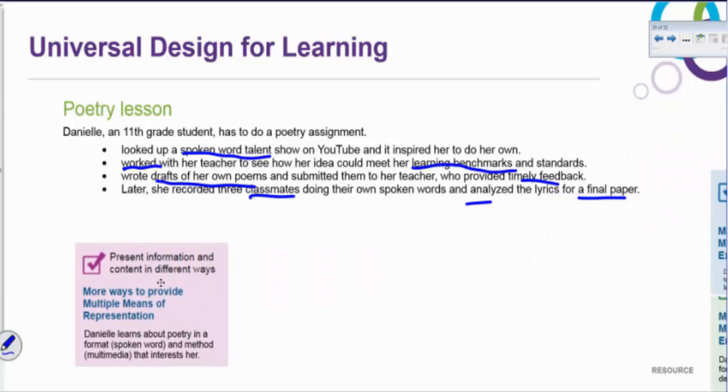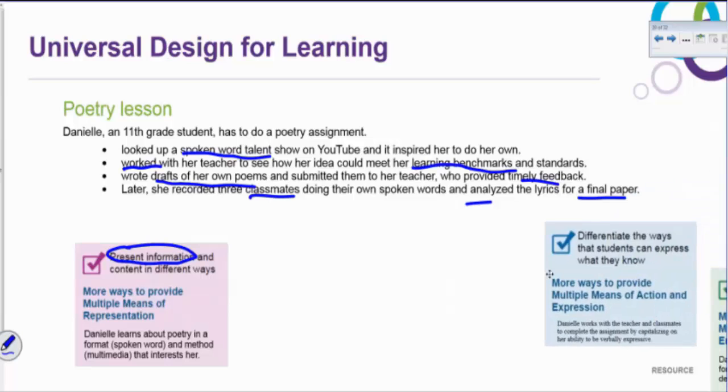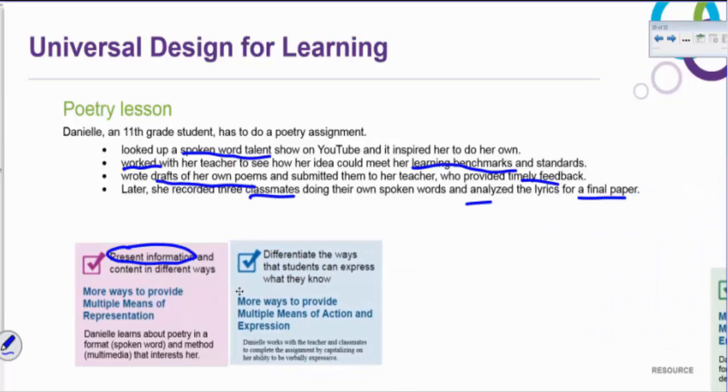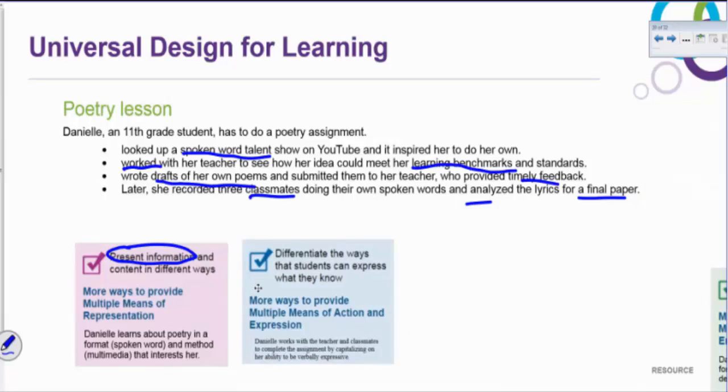So if we go through it, the way that the information was presented was completely flipped, right? Instead of the teacher presenting and teaching the student about poetry, it was the student who actively went out searching for the information, who watched other students and reflected and analyzed what was good and what was bad, and learned through a different medium than a traditional teacher. The other way